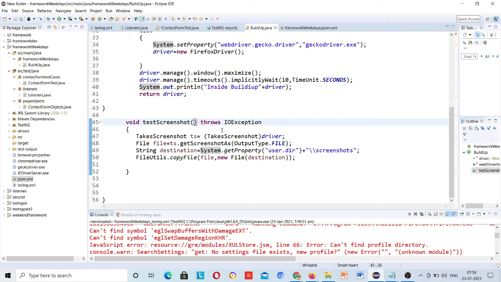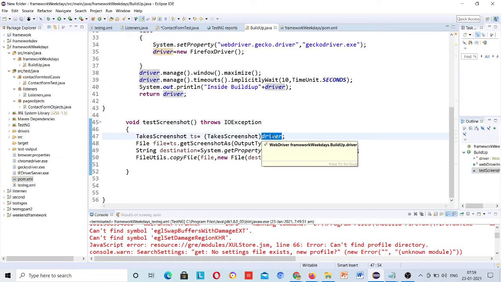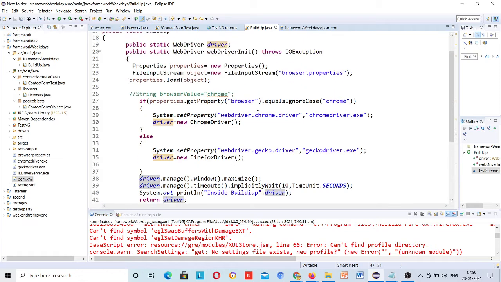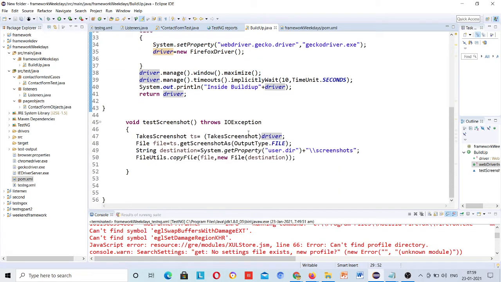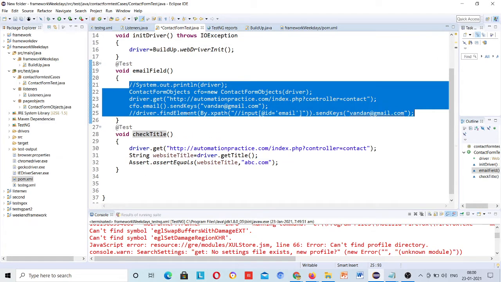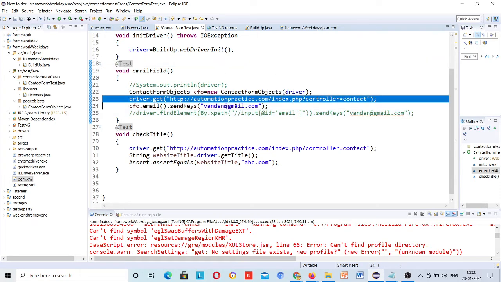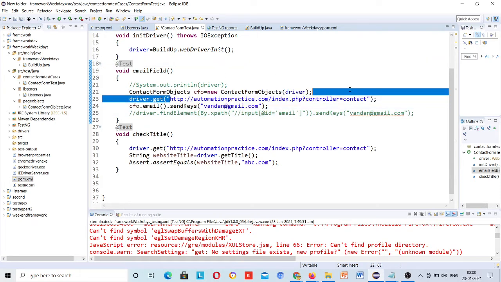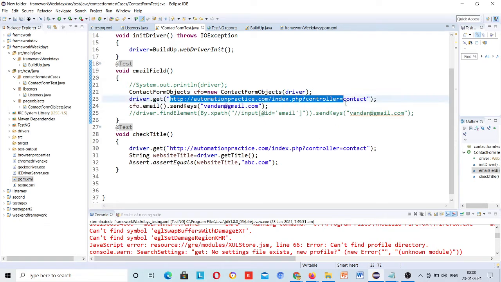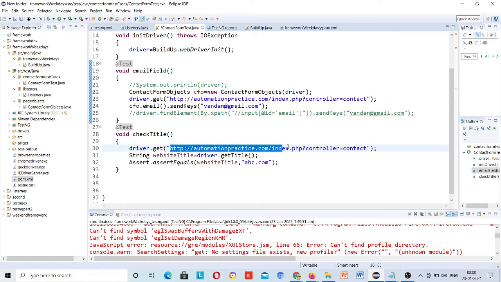Because this is totally new, and there will be two test methods in two different locations, right? Like this test method is in this one, maybe there is a chance. Here I have just copied and pasted from here, so this URL is the same. Tomorrow this will be different.